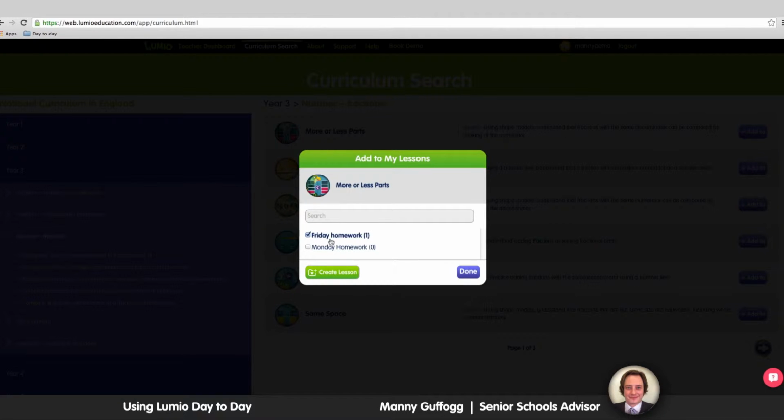And you'll see there, this is the Friday homework folder that I created earlier. I can press Done,